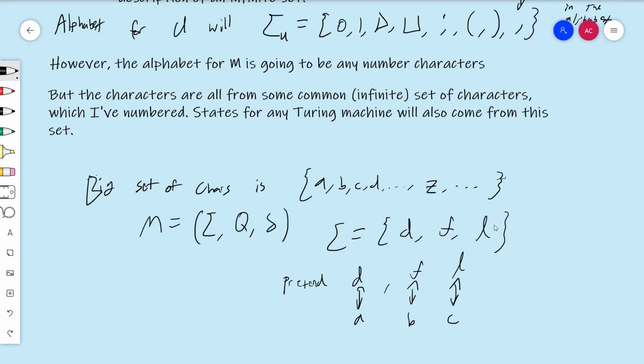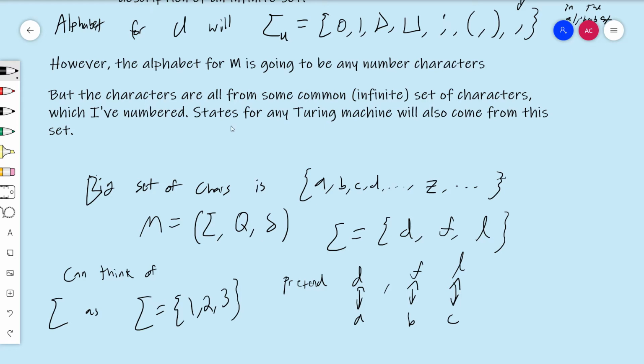The bottom line is if the alphabet is three symbols, there's no harm in pretending that it's the first three symbols. So I'm just going to pretend that D's are A's, F's are B's, and L's are C's. And because of that, instead of thinking about A, B, C, or D, F, L, I can think of it just as 1, 2, 3. And so, by doing this, I can assume